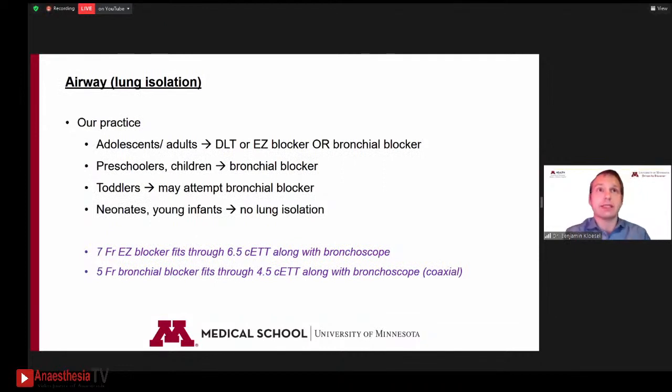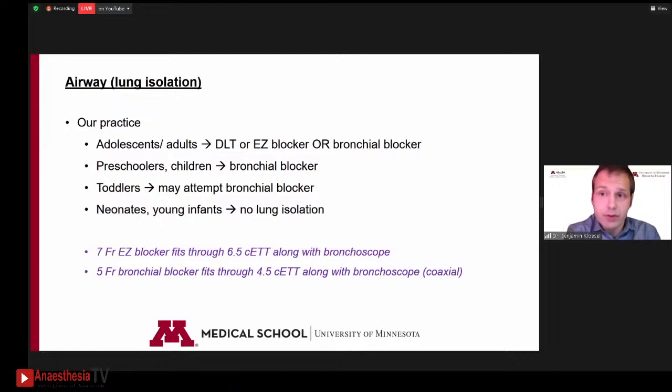Now, for our practice, for adults and for adolescents, we utilize double lumen endotracheal tubes, or easy blockers, or a bronchial blocker. If you go to the age group of preschoolers and children, we use bronchial blockers. When we go to toddlers, we may attempt a bronchial blocker. And here's the interesting part: if we have procedures in neonates or young infants, we typically do not use lung isolation. And the reasoning is that our surgeon is pretty happy with displacement of the lung during the procedure, which